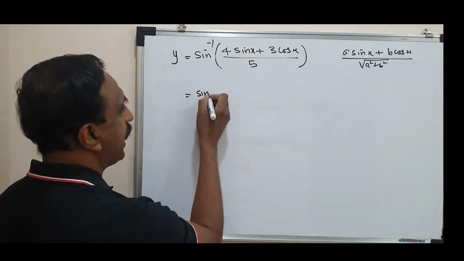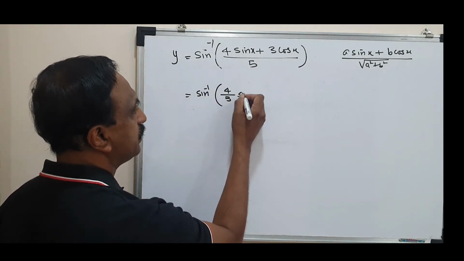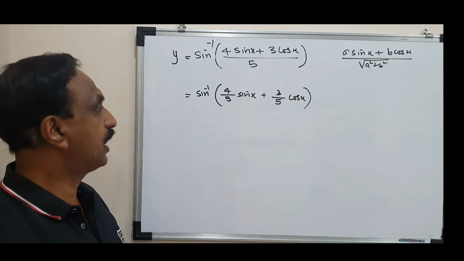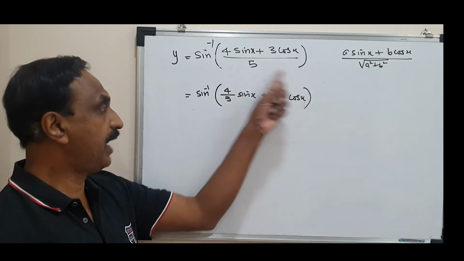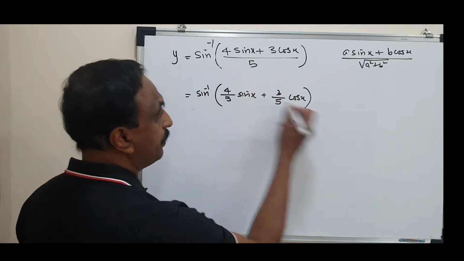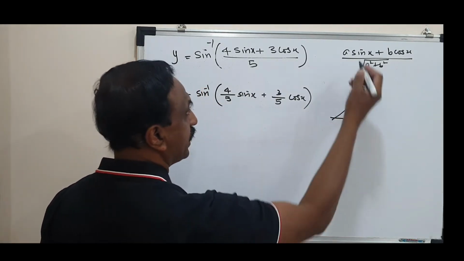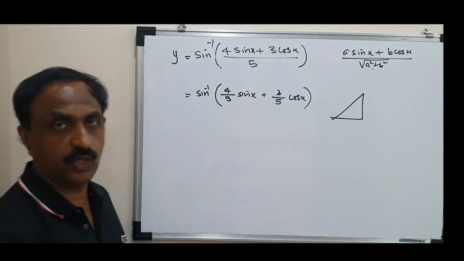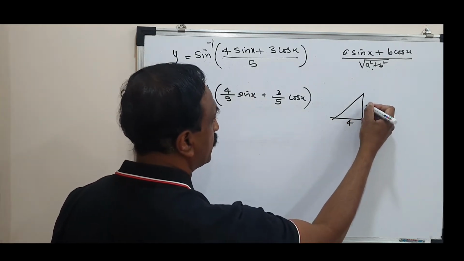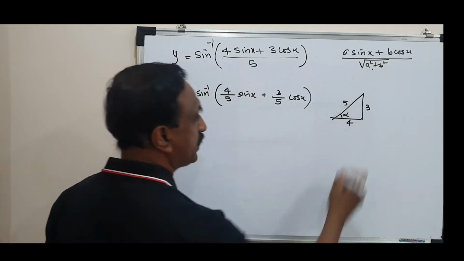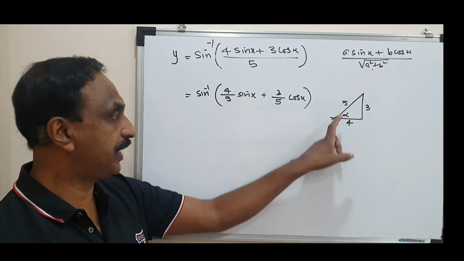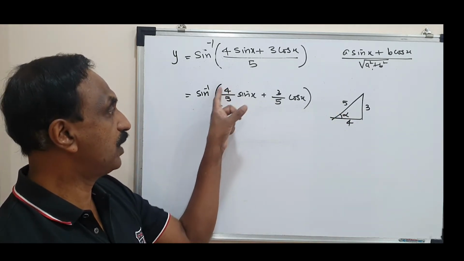So this will be sin inverse of 4 by 5 sin x plus 3 by 5 cos x. So decide what formula you want to convert. Outside is sin inverse, so we prefer to have the sin A plus B formula, sin A cos B plus cos A sin B. And I'm happy to have these numbers because they are sides of a right angle triangle. A, B and root of A square plus B square are sides of a right angle triangle. I want this to be cos, so I'll take this as 4, this as 3 and this as 5, and I'll call this angle alpha. So I have adjusted the side and selected the angle such a way that cos alpha will be 4 by 5.